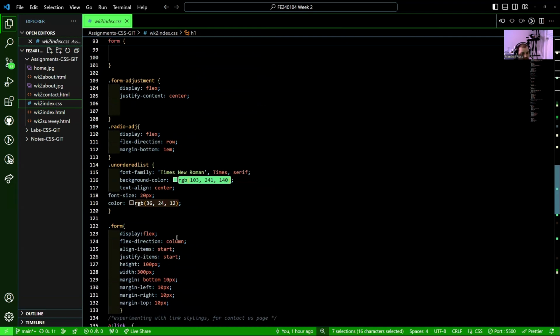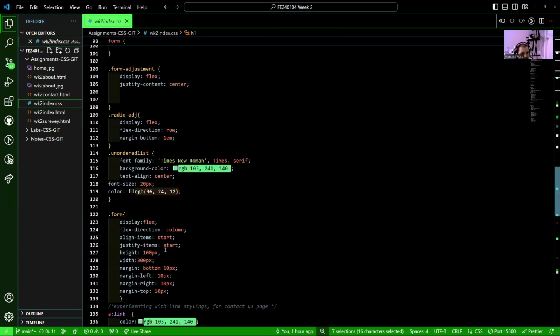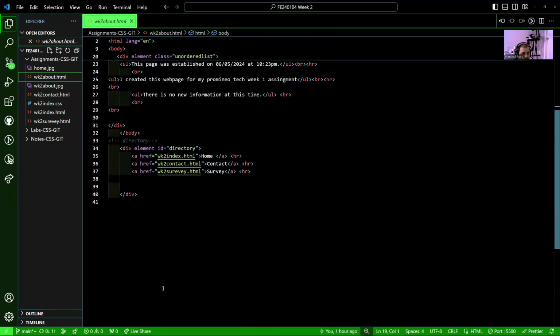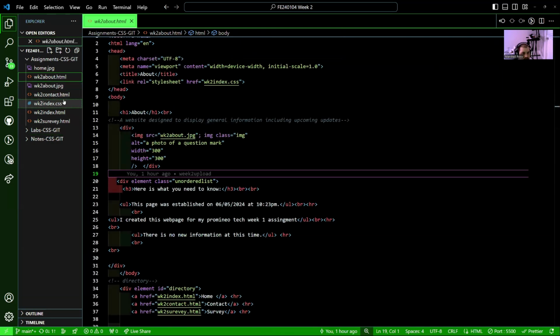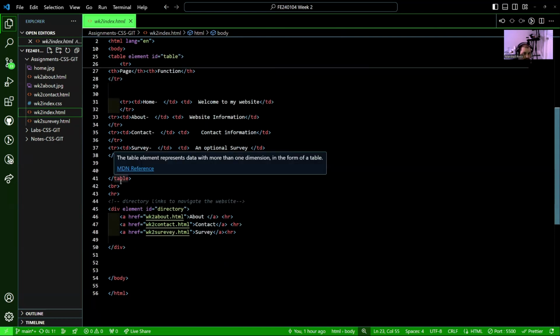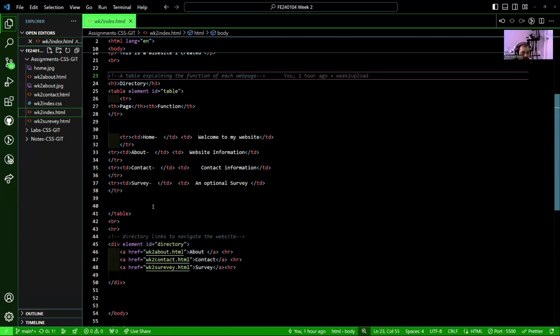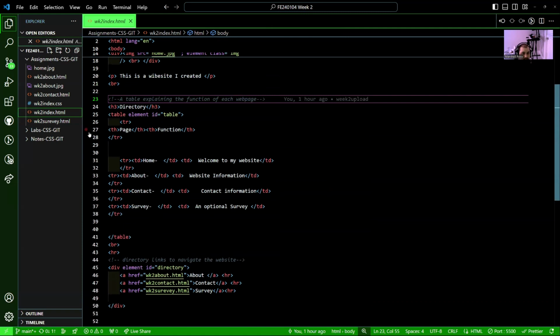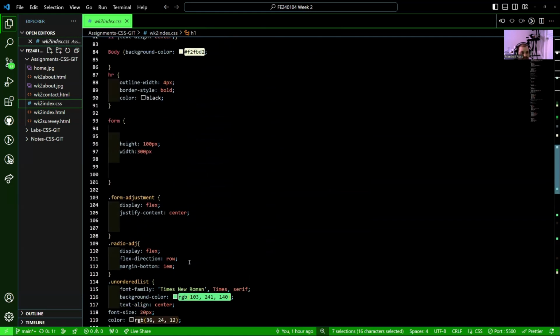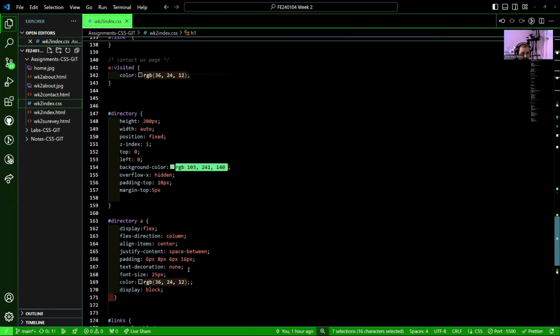I did do this in such a way that they would have their own way of being applied. So on the week 2, let's say the index page, you've got our table, which I gave the element ID of table. And the styling on that is that we've got our,